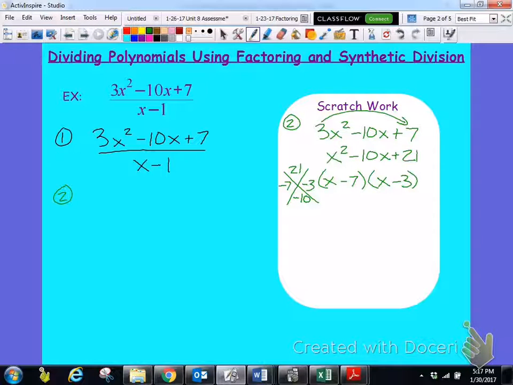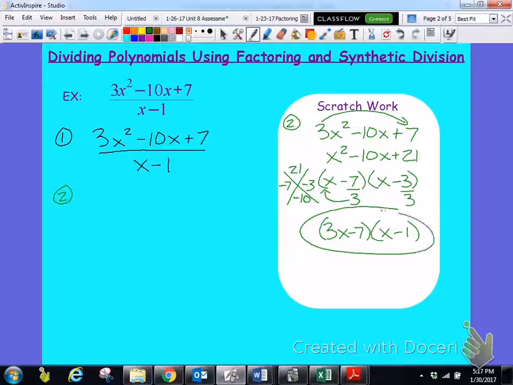Now I'm not done yet because I start with step 1, which is slide. Then I factor. Then I have to divide by my leading coefficient, which is the 3 that I originally slid, and simplify. Now, the factor on the right, 3 divided by 3 is 1, so that becomes x minus 1. But on the left factor, 3 does not go into 7, so I'm going to slide that 3 right in front of the x, and that becomes 3x minus 7. Now that it's factored, I can slide that back out as my numerator. So 3x minus 7 times x minus 1 divided by, my denominator didn't change, so that's x minus 1 as